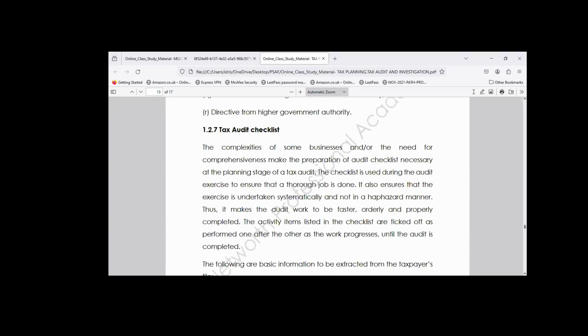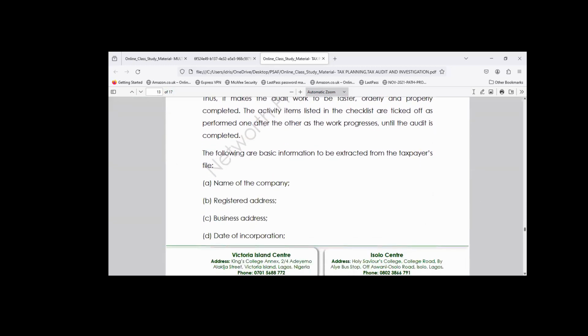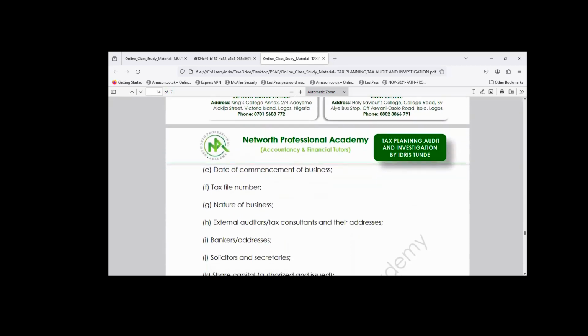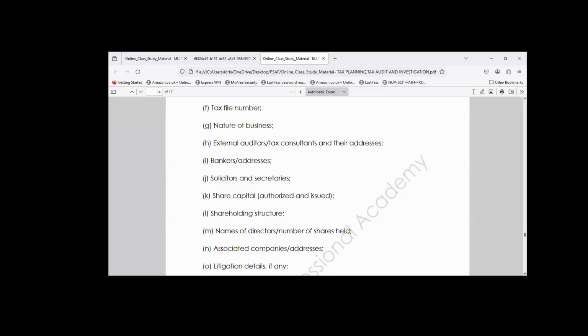Now, if you want to do this tax audit, what are the checklists? The first day that you want to do this tax audit, there's a form that you need to give the taxpayer to fill. The essence of that form is to get updated information on the taxpayer. That form is called the tax audit checklist. The list of information in that form includes the name of the company, the registered address, the business address, the date of incorporation, the date of commencement, the tax file number, the nature of business,